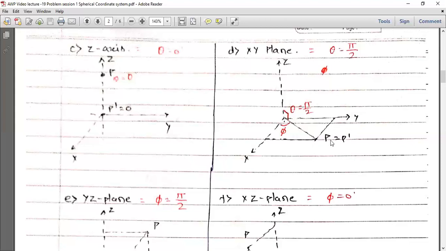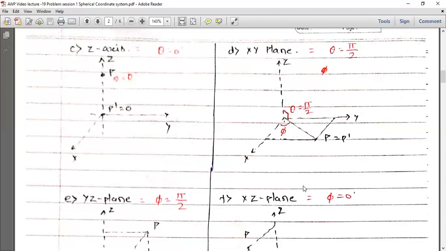Now, what is the phi coordinate? The phi coordinate is OP dash, and OP dash and OP are the same. So the angle between OP dash and the positive x-axis is known as phi. Now for different positions of P, consider that if point P is not here, but rather here at this position, you will find this distance to be OP dash, and correspondingly phi will change. When you find the projection, you find the same point, and this distance will be OP dash, and the angle phi will change. So for different positions of P in the xy plane, phi will have different values.